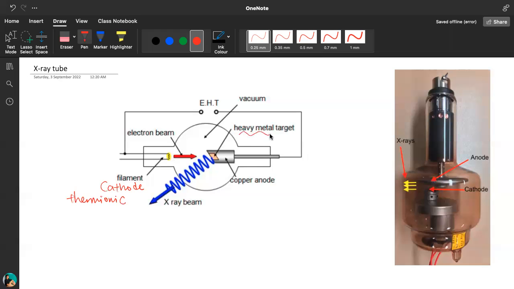Why we need to use heavy metal is because heavy metal means dense metal. So like tungsten, such that their particles are very closely packed. Okay, so when the high-speed electron comes, they will bombard with the metal instead of penetrate through. If you use less dense metal, because particles are further apart, the high-speed electron come by and just penetrate through without bombardment, right? So the reason we use heavy metal is because we want the electron to strike the metal, to bombard the